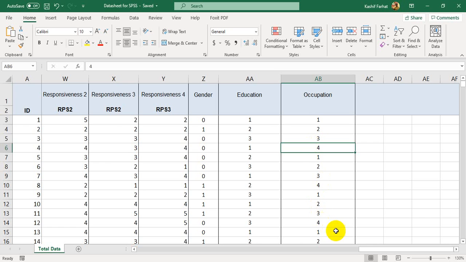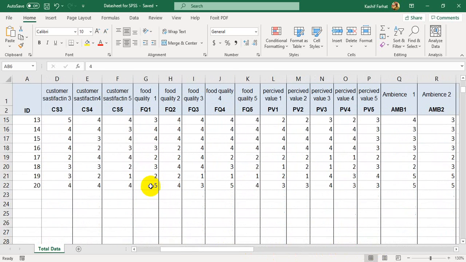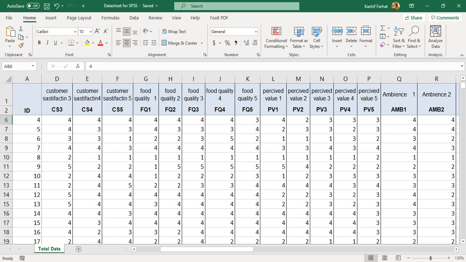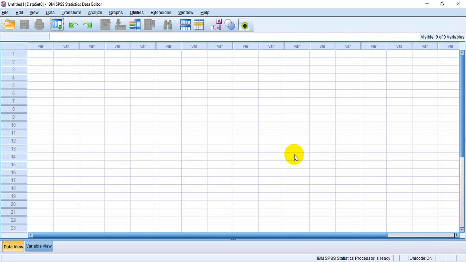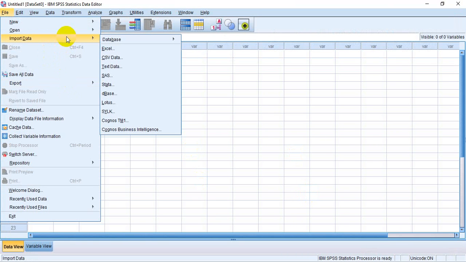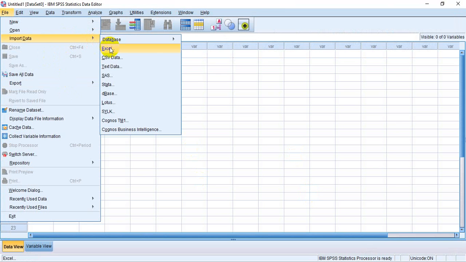Okay, that's about it. Once we have prepared our sheet here, what we need to do is open SPSS. Now let me close this file. Okay, now we need to get to SPSS. We need to go here: File, Import Data, and because we have saved our file in Excel format,